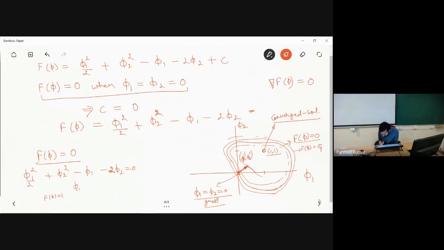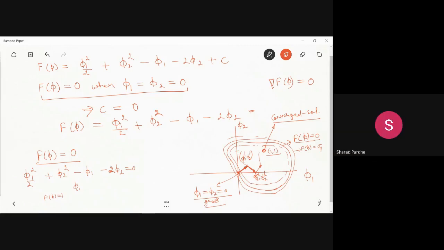So let me consider the next gradient direction is something like this. Then I have to go for the second iteration. After the second iteration I will be getting the values of phi1 and phi2 at this point. Then similarly I have to go in another direction, which will be representing the gradient of f, and like this I will keep on continuing the iterations until I reach this final point. Okay, is this point clear? Yes, sir.